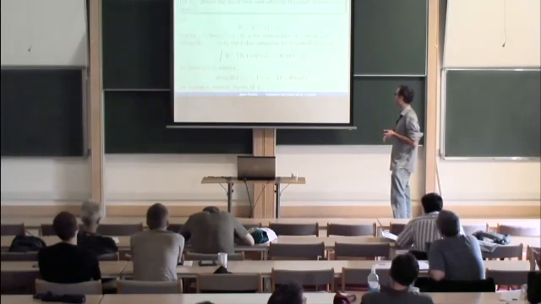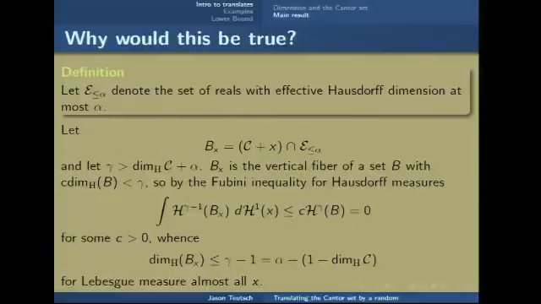It turns out that Bx is the vertical fiber of some set B, which has constructive dimension less than gamma. So then you can apply this Fubini type inequality for Hausdorff measures, which gives you that inequality. It's equal to 0. So that means there exists,